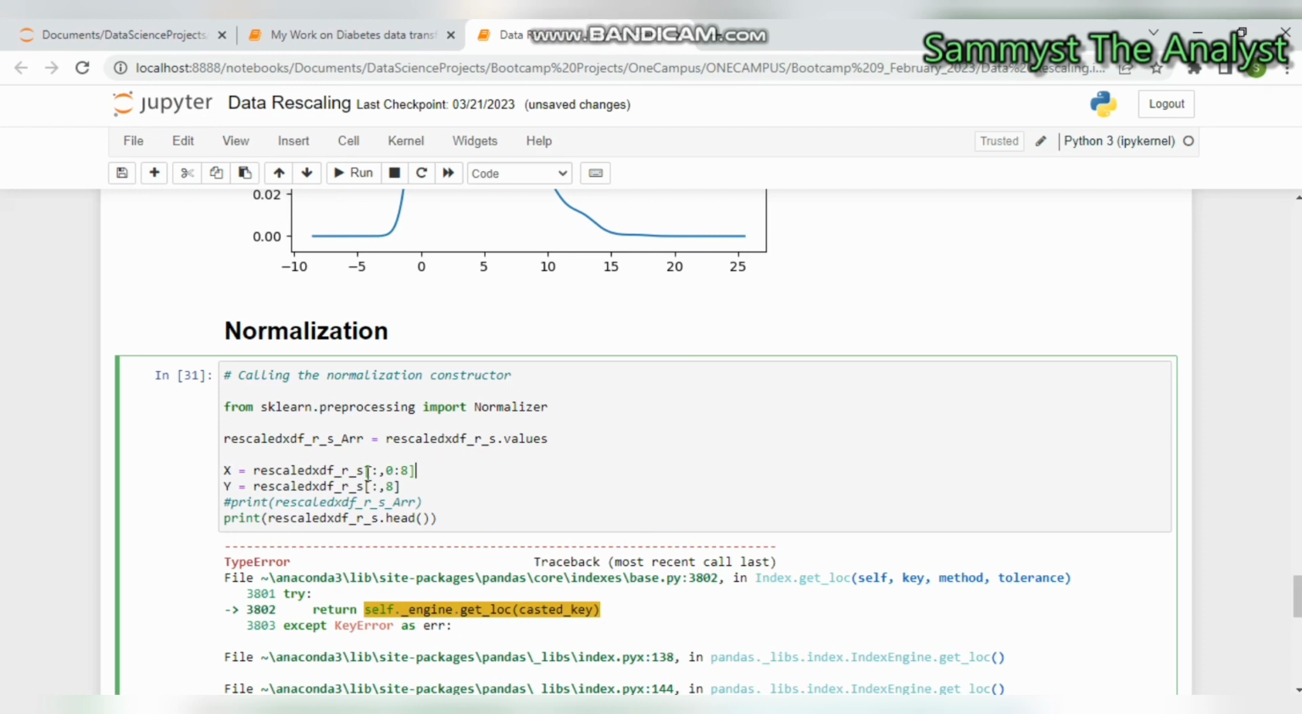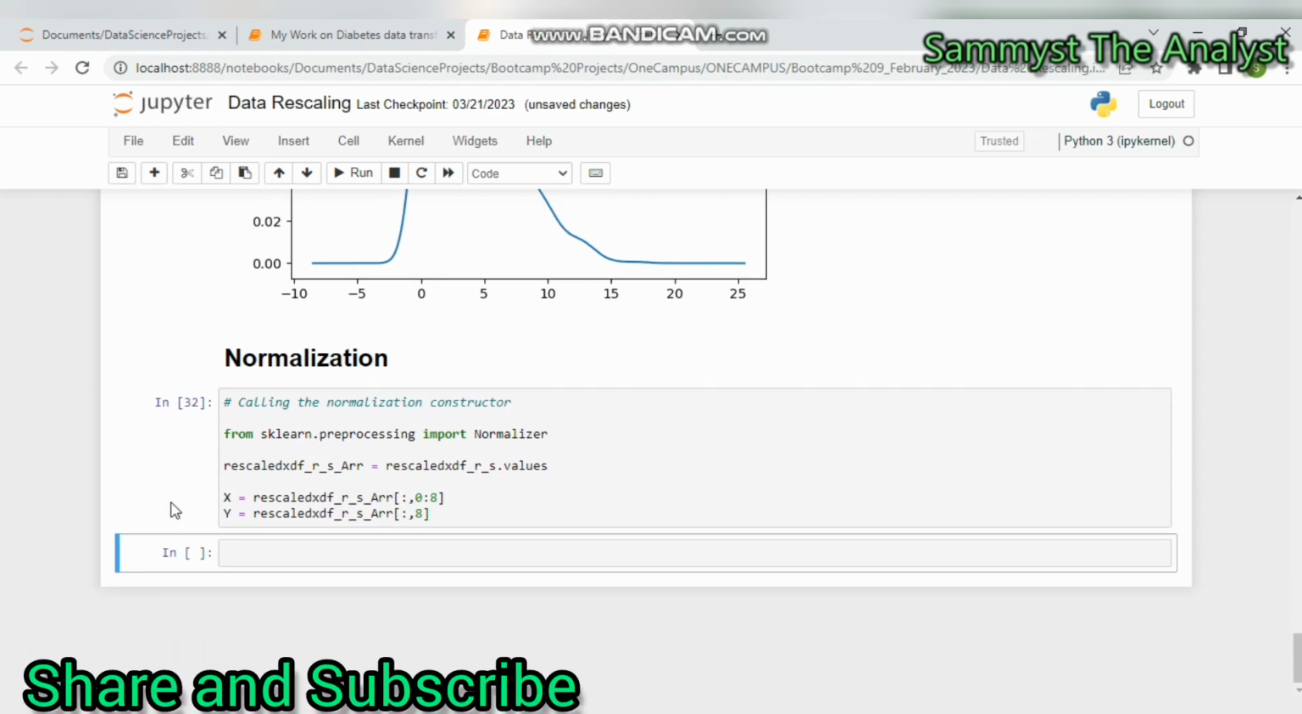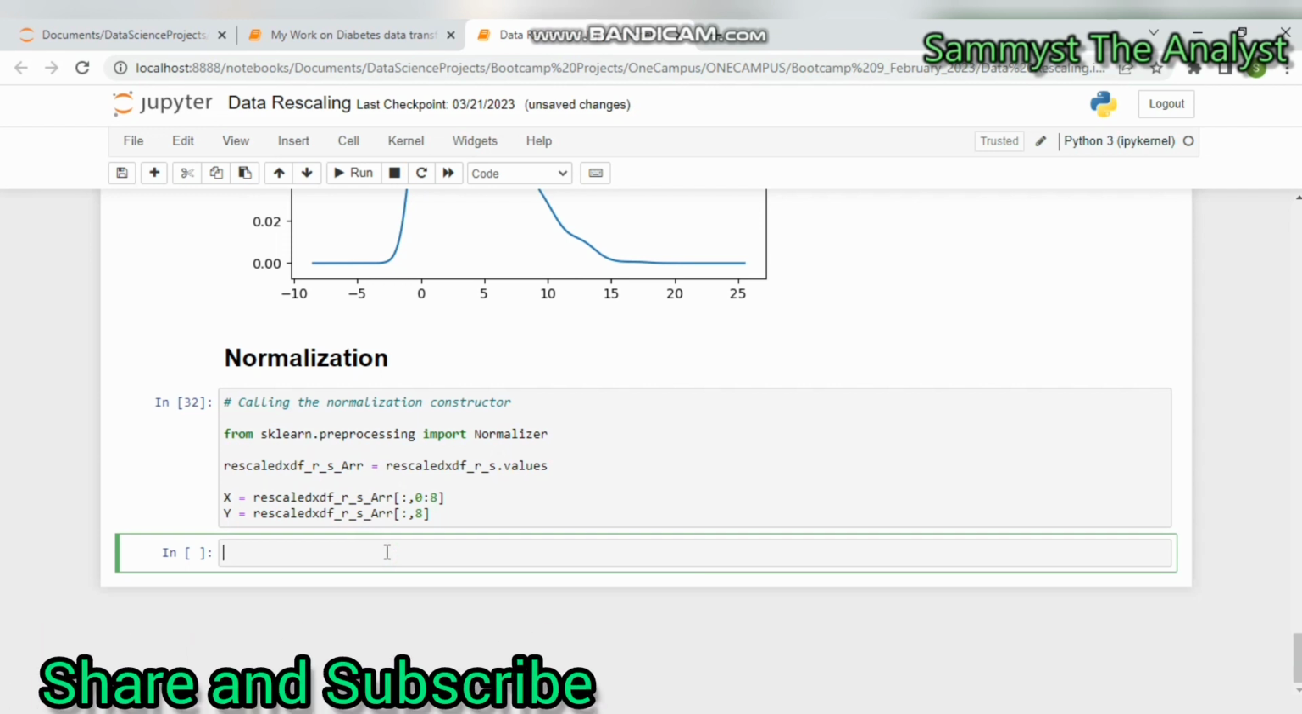Okay, so I guess I made a mistake here. I was calling out the data frame instead of the array, so I was supposed to put r here, and then I was supposed to put r. Okay, I'll take this away and then I'll run. Okay, so now since we have done that, now we are going to